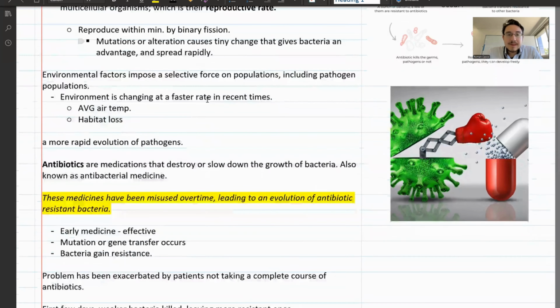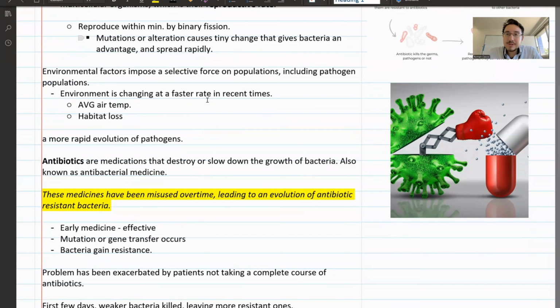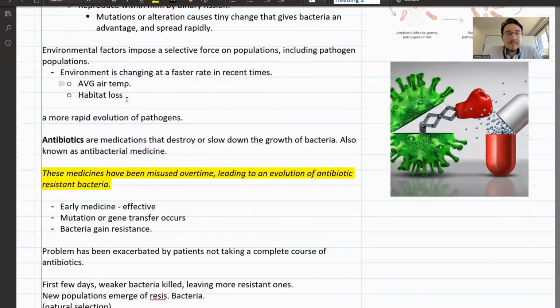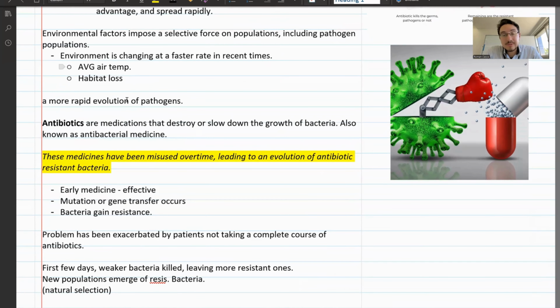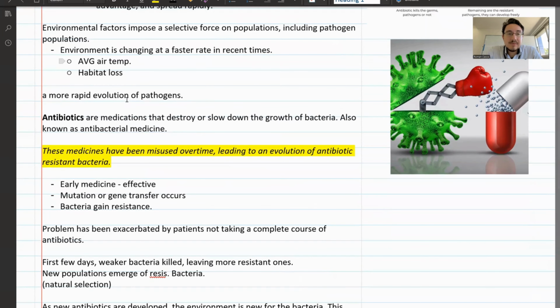Okay. So again, similar to mosquito-borne pathogens, changes in weather, changes in climate, can provide an environment for bacteria to grow even better, right? Now, related to antibiotic resistance, of course, over time you have advances in medicine. You have these